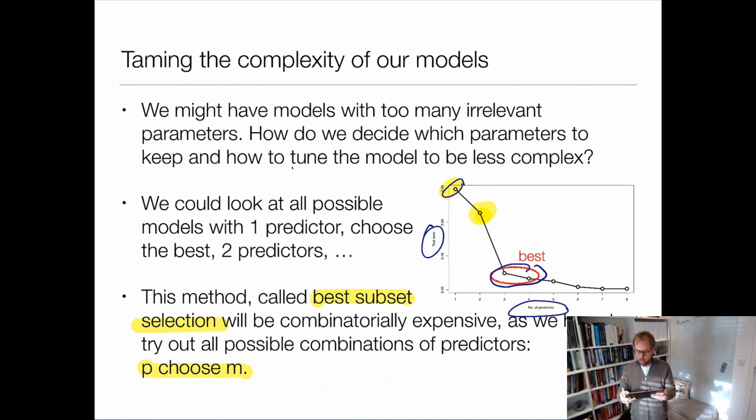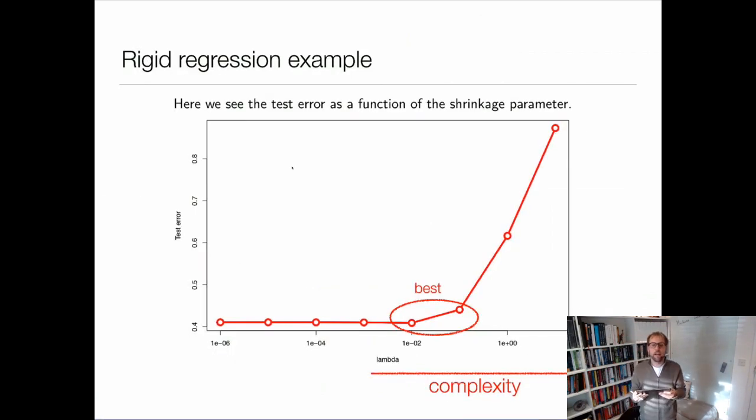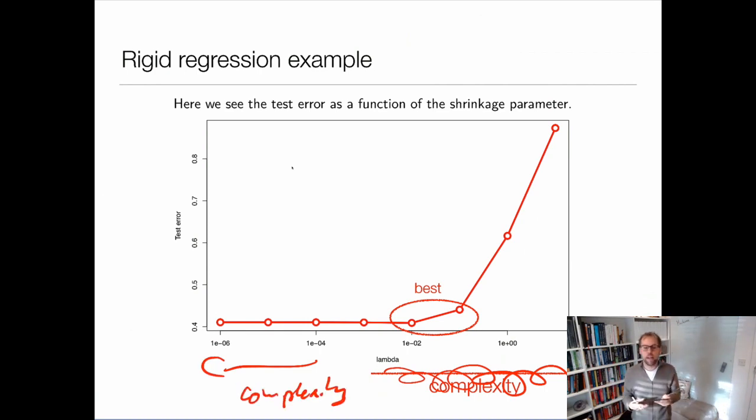Now, if I look at the same situation using shrinkage, then obviously here I am increasing lambda, and sorry, this should be the other way around here. As I increase lambda, lambda bigger means C smaller and means less flexibility. So complexity actually becomes bigger as I move to the left, because to the left there's smaller lambda, and smaller lambda means more flexible models. So as I go along here, I will start with some lambda around 1, and